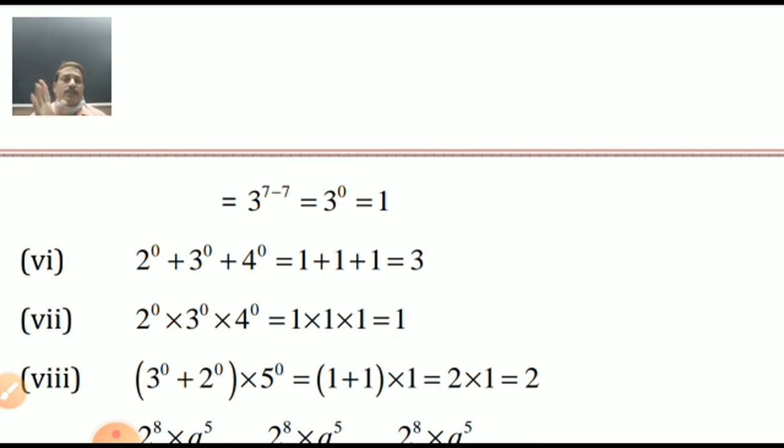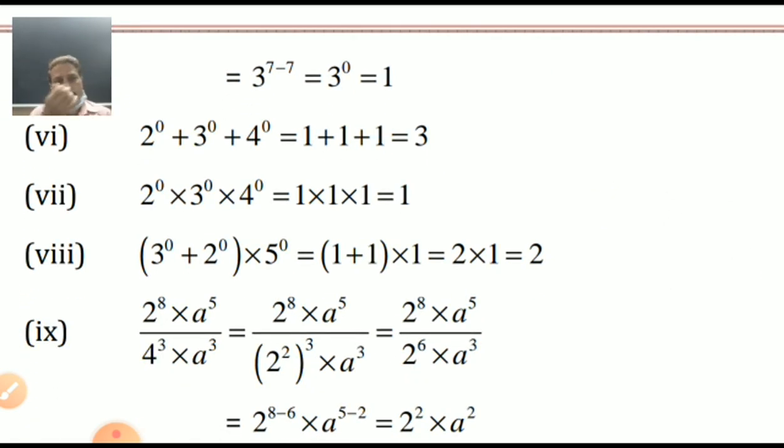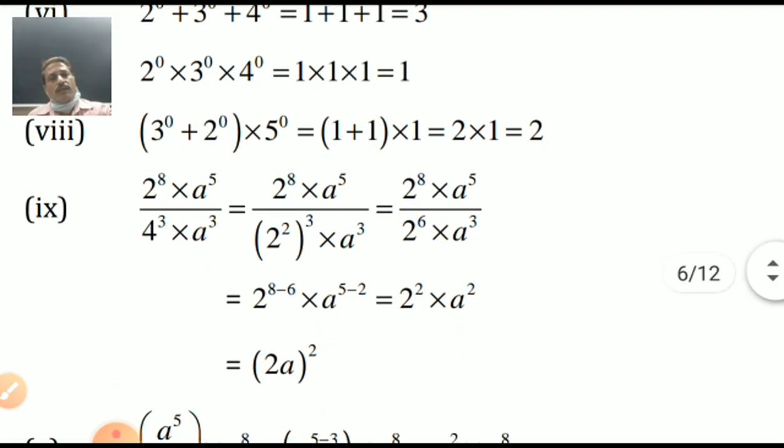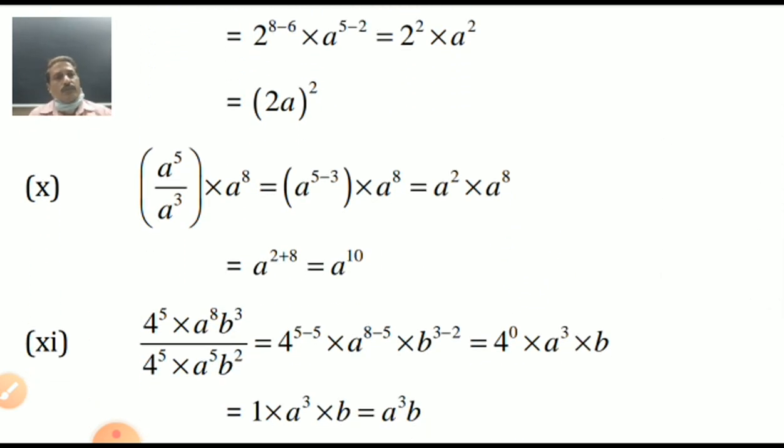Yes, my dear student, a very good question is here. 2 raised to 0 plus 3 raised to 0 plus 4 raised to 0. These types of questions will be asked in an exam and a number of students will make mistakes. See both the questions 6 and 7 carefully. 1 plus, and the second is multiplied. So 1 plus 1 plus 1, the answer is 3. In question 6, 1 into 1 into 1, 3 times 1. Don't say 3. Say 1 only. 1 into 1 is 1, 1 into 1. Finished? Yes. Same way here, they can ask in a group. Don't worry. 1 plus 1 is 2, 2 into 1 is 2. And B, 2, whatever the numbers are there, you can find out very easily. If the variables are there, it is very easy for you to convert it.